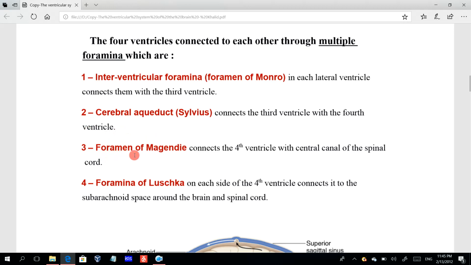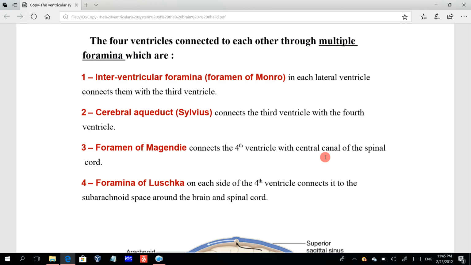The other foramen is the foramen of Magendie. The foramen of Magendie connects the fourth ventricle with the central canal of the spinal cord. As we said, the fourth ventricle has a continuation with the central canal of the spinal cord. The spinal cord contains a central canal along its length. So between the fourth ventricle and the central canal there's an opening, a foramen,